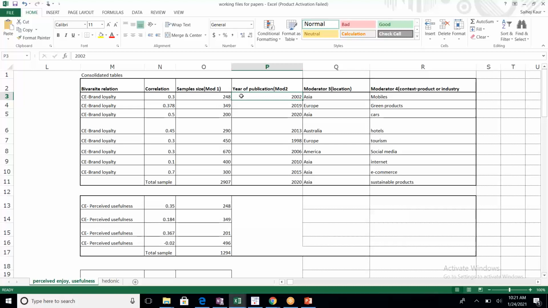And it's not only that you just take from an A grade paper that year of publication was one subgroup or one moderator. It's not that way. You have to defend these moderators with literature. Coming back to the paper which came up with major modifications, one of the comments of the reviewer was that it seems you just did an analysis of the moderator. You're supposed to be justifying it in the review of literature. You have to prove it first through theory that year of publication could have an impact on